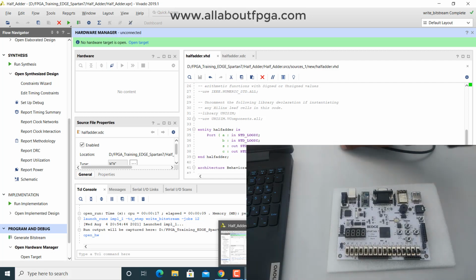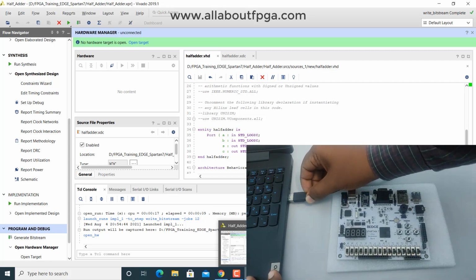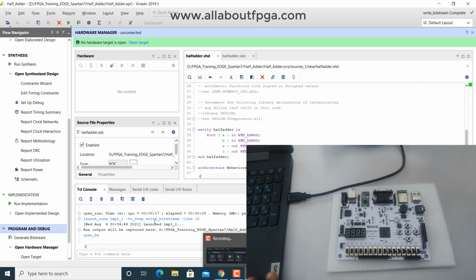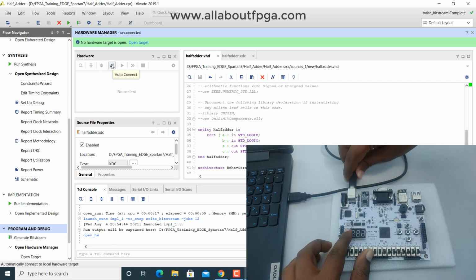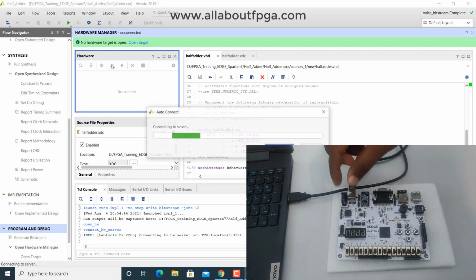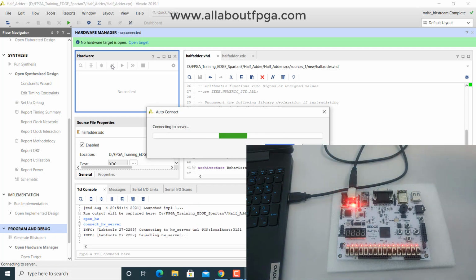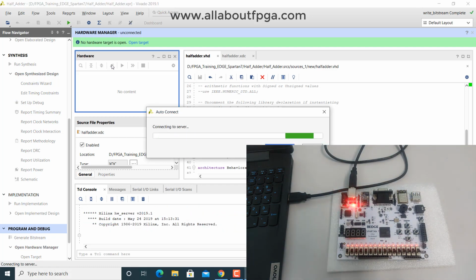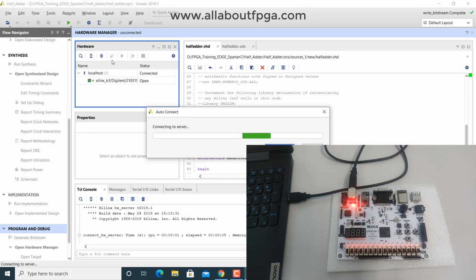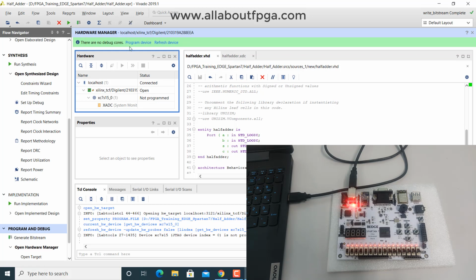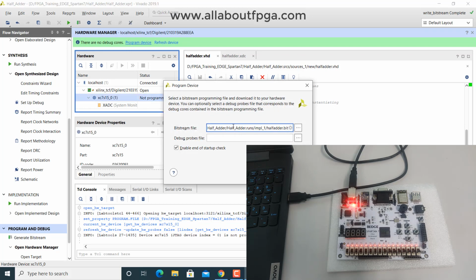Plug in the USB cable, turn on the kit, then click auto connect. Program. The halfadder.bit file was selected, then program.